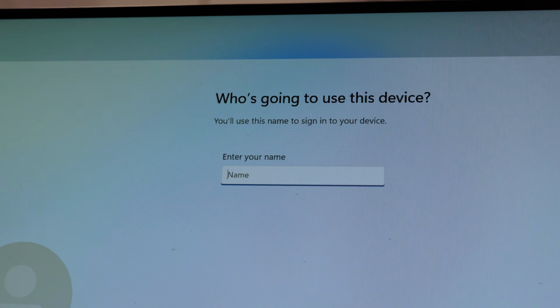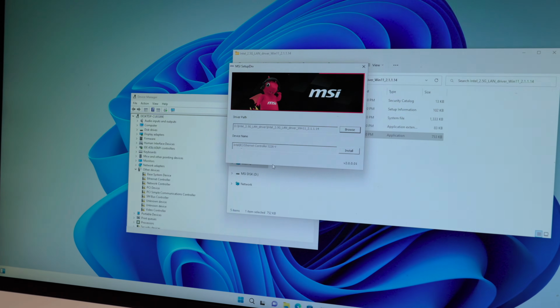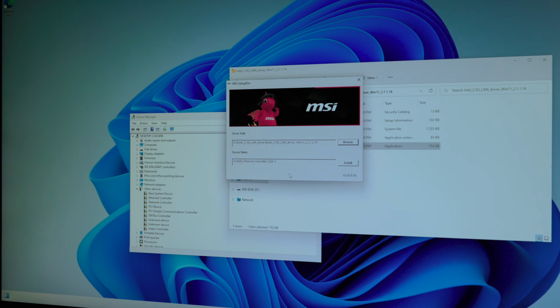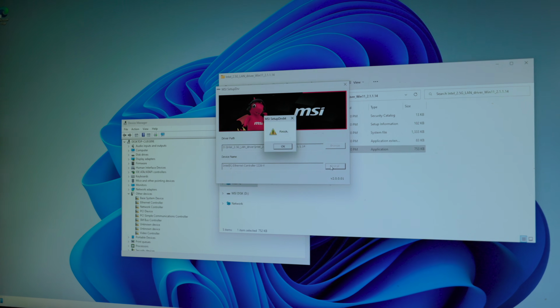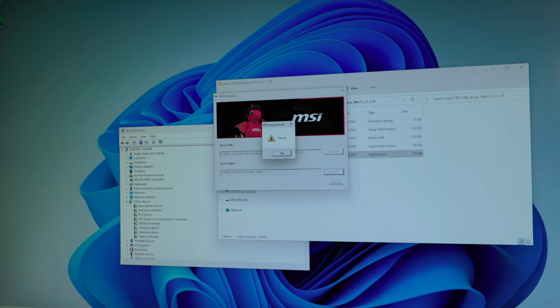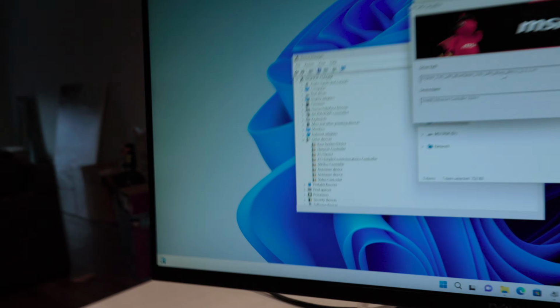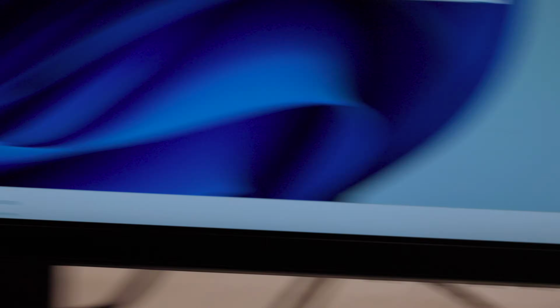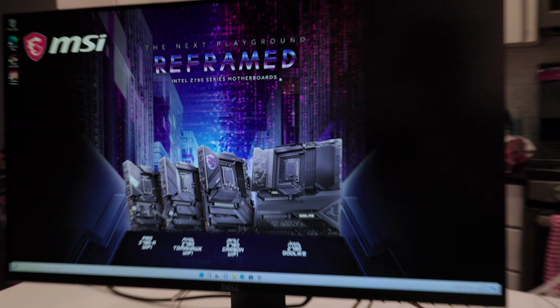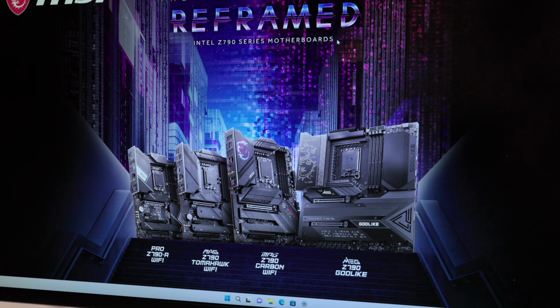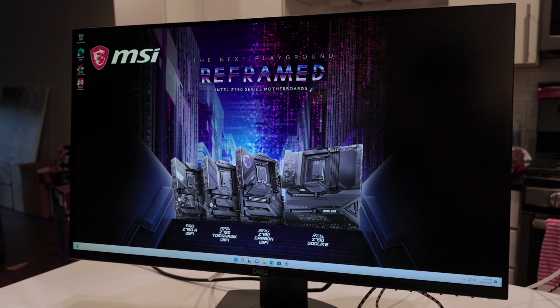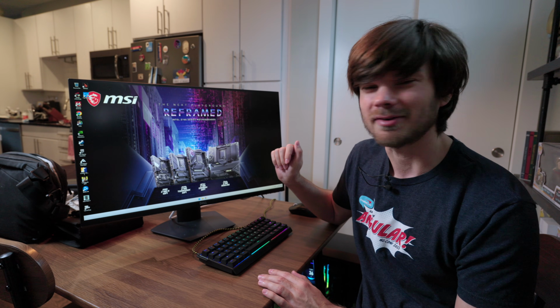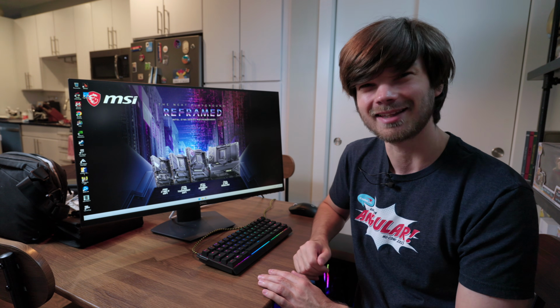Anyway, once inside and the Ethernet drivers installed, the system will begin installing MSI drivers, including a nifty custom MSI wallpaper, which I assumed is going to be as beautiful as this motherboard itself. And it's not, it's this. It's literally just an ad for the motherboards that I haven't purchased, which is just gross and just next level